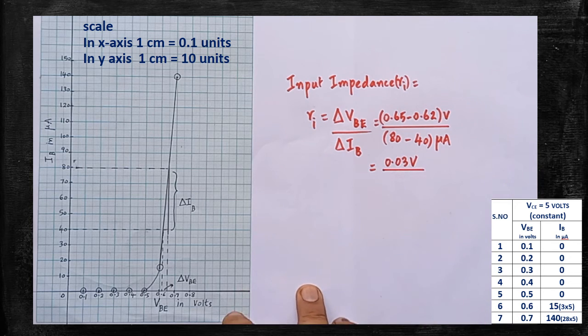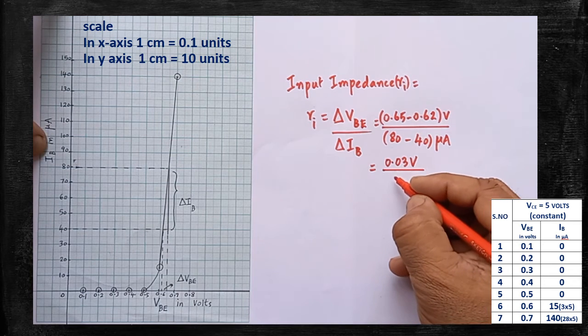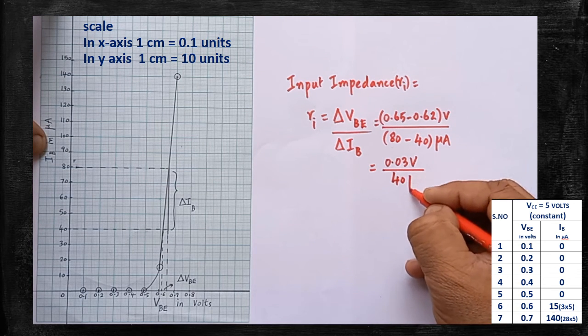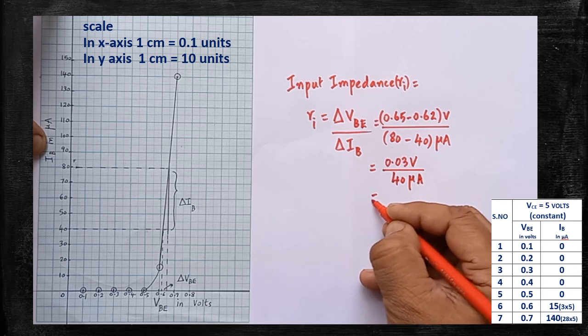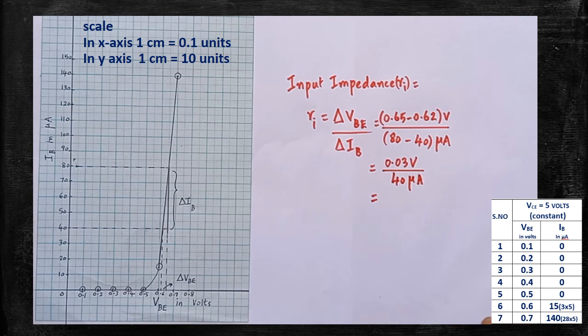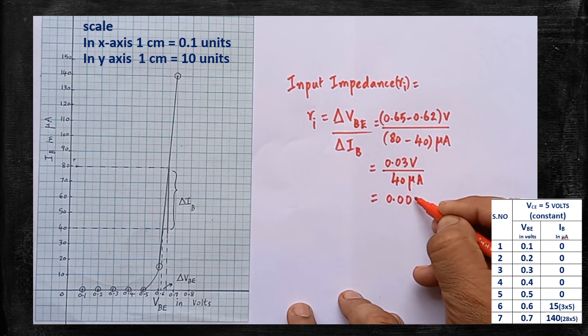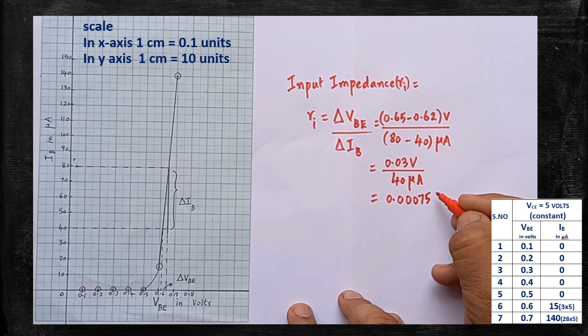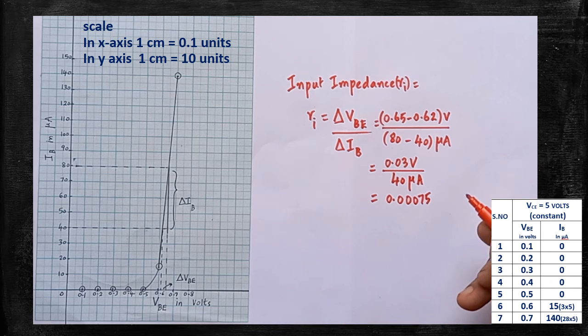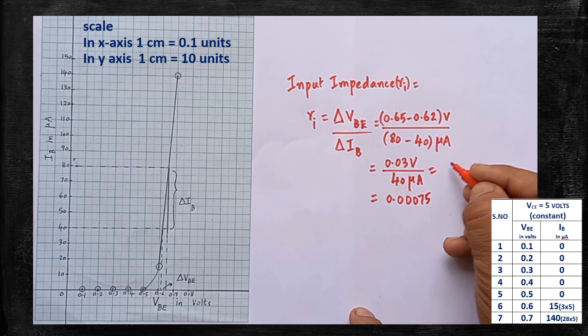Subtract, you will get 40 microampere. Okay, now calculate 0.03 divided by 40. The answer will be 0.00075. Here it is given in terms of microampere. Okay, so I'll extend the value: 0.03 volt